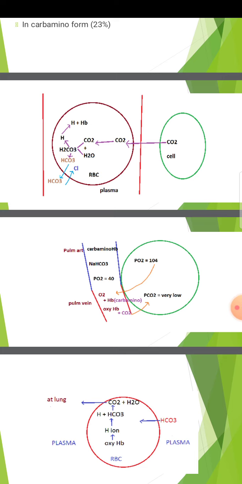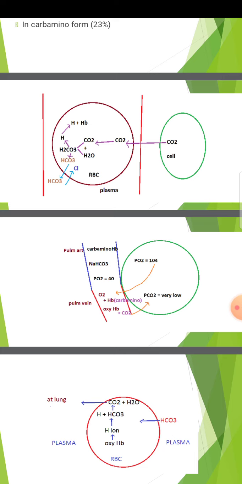So you see, one more thing, the increased acidity of hemoglobin causes it to release an excess of H ion. This H ion needs to be neutralized, so bicarbonate from the plasma moves into the RBC, combines with H ion and forms water and CO2, and then this CO2 is gradually released into the alveoli.